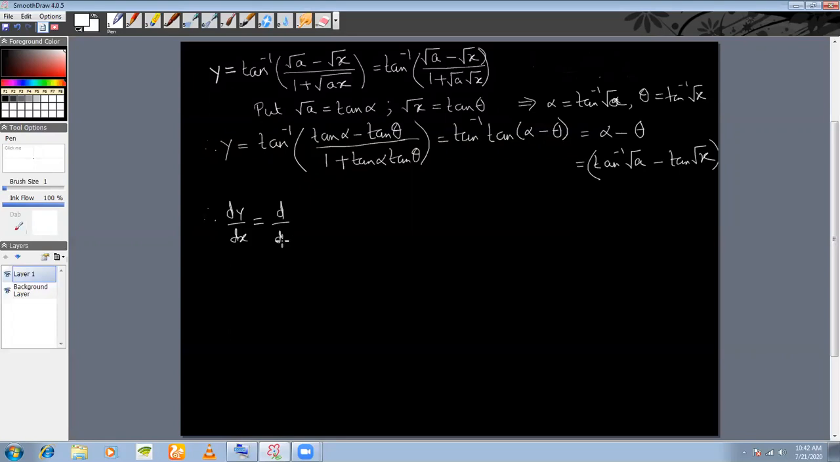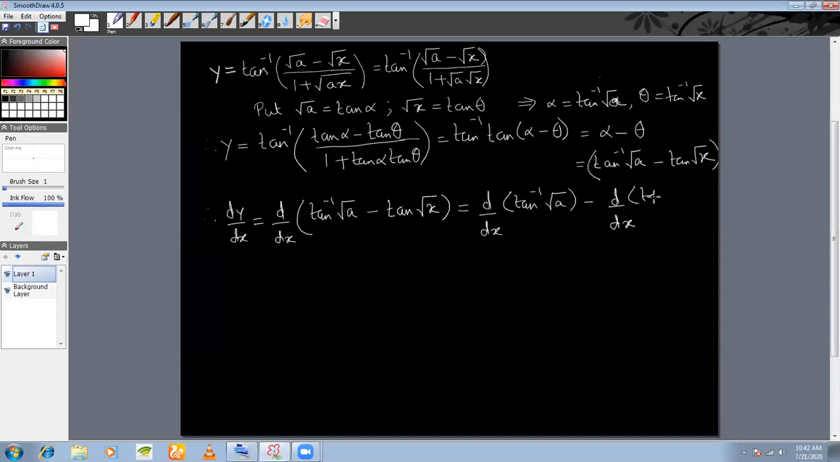So dy dx is d dx of tan inverse root a minus tan inverse root x, which is d dx of tan inverse root a minus d dx of tan inverse